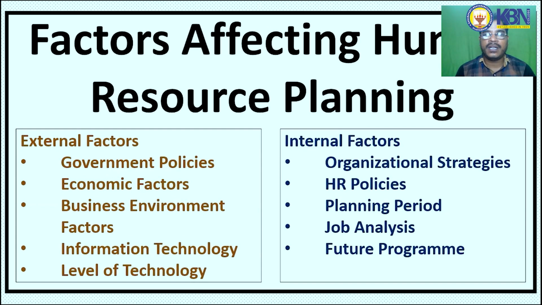So in the external area: government policies, economic factors, business environmental factors, information technologies, and the availability level of technologies. These are the external factors which are going to affect human resource planning. See, every time the government is usually changing its policies. So when governments change policies, obviously it may have an impact on the human resource planning of every